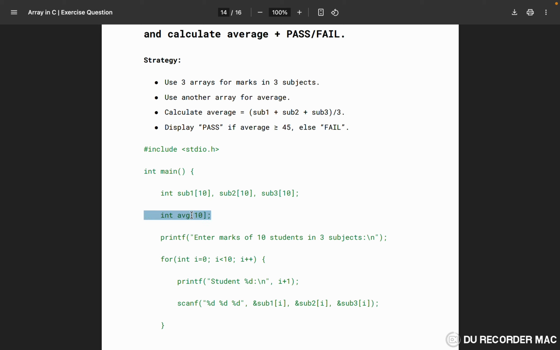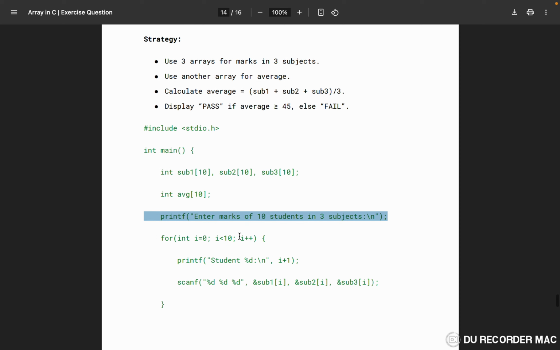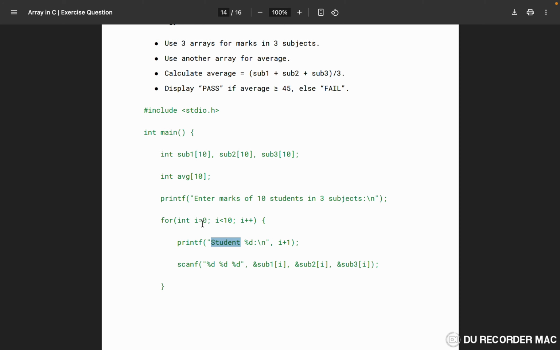Then we have an average array which will store the average of all the students for these 3 subjects. Then we have this print statement, enter the marks. We run the loop from 0 to 10. Then for each student, we are asking the user to enter the marks they have got for each subject. So once this loop continues for 10 times for each of the students,